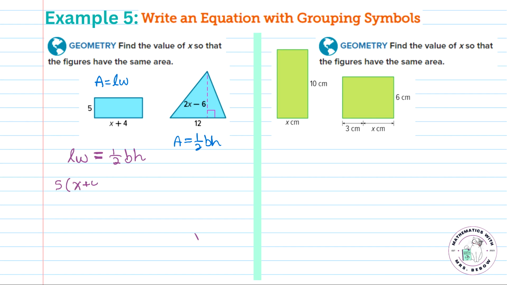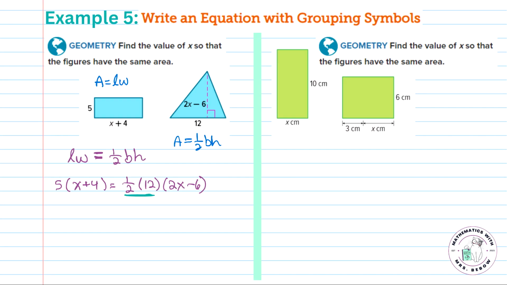plus 4, and that needs to equal this half times the base in this case, which is 12, multiplied by the height, which is the expression 2x minus 6. And now, just like the previous questions, we just need to clean this up a little bit. So on the left-hand side, we know we're going to have to distribute. On the right-hand side, we're also going to have to distribute, but let's multiply this out and simplify that before